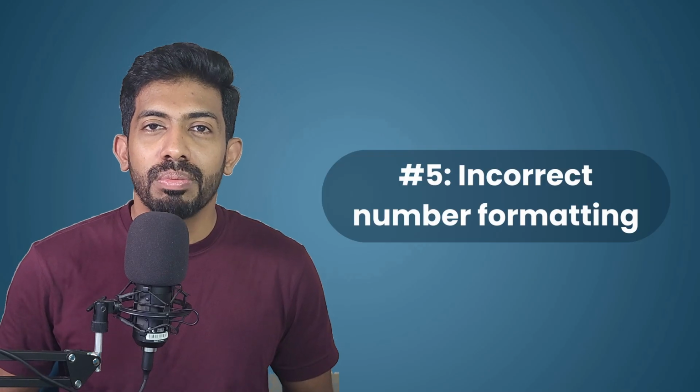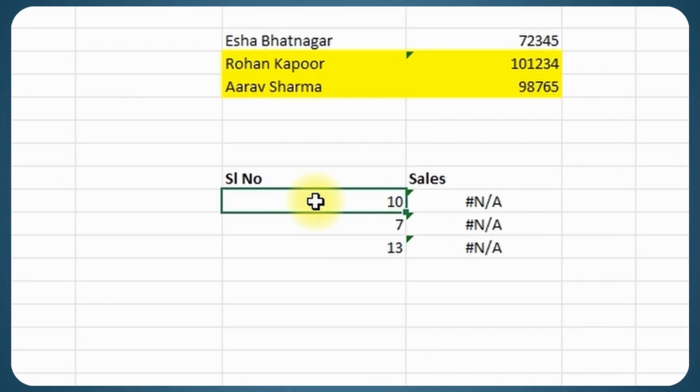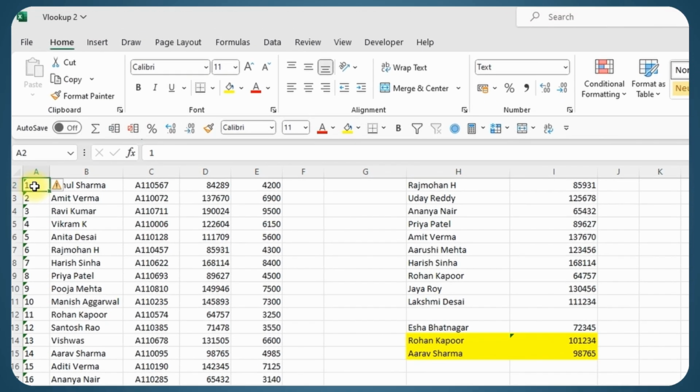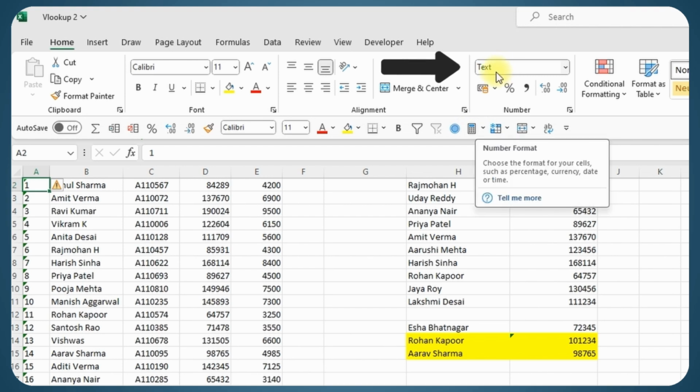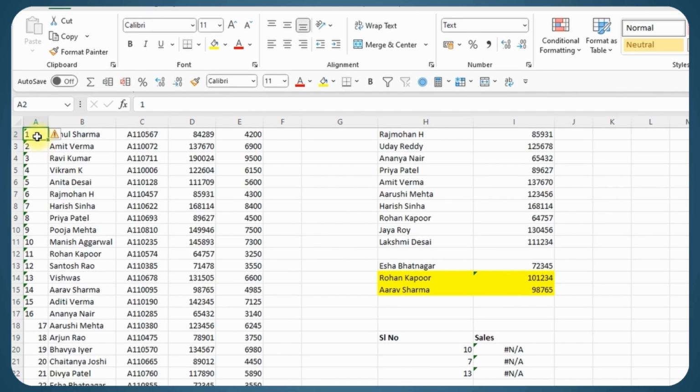Incorrect formatting of numbers could also result in NA errors. Now here this number is stored as a number itself, but when I go over here you can see the formatting is appearing as text. So the text of 1 will not match with the number of 1. So you in fact get a clue because Excel will have this green triangle in the top left corner of the cell